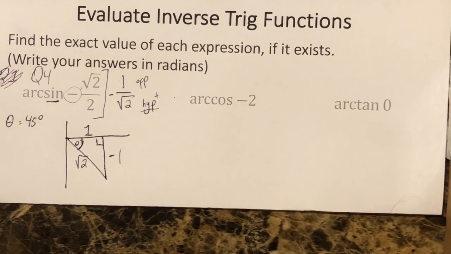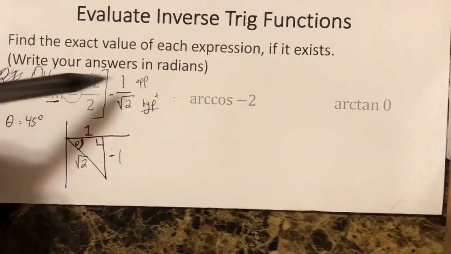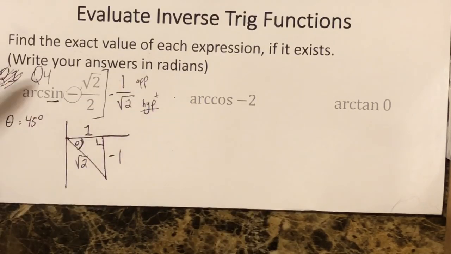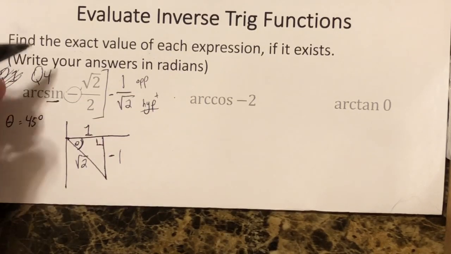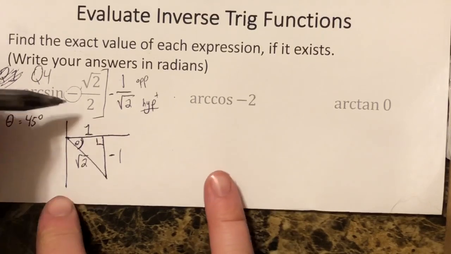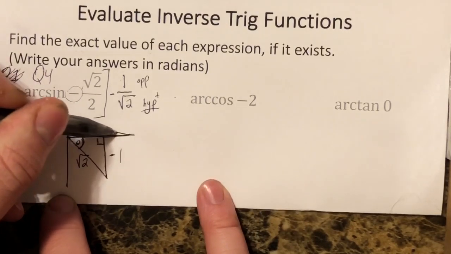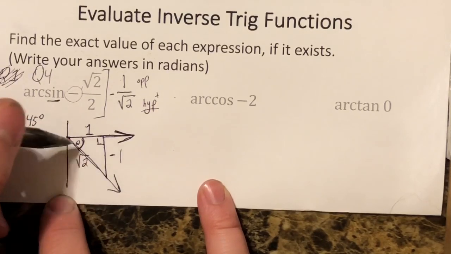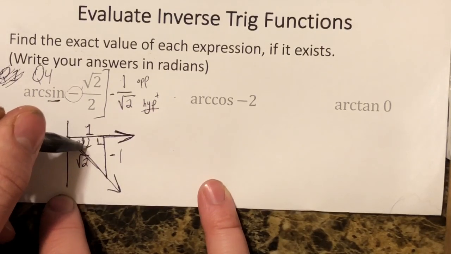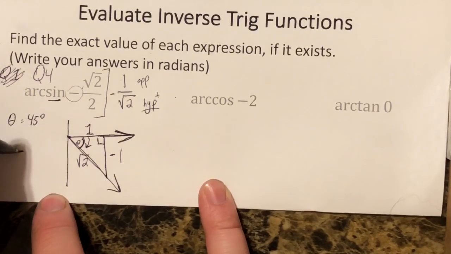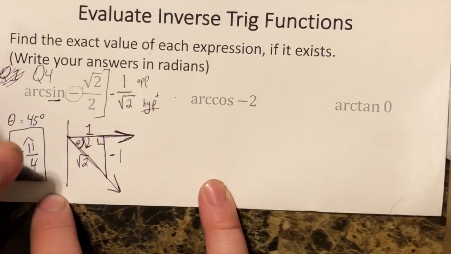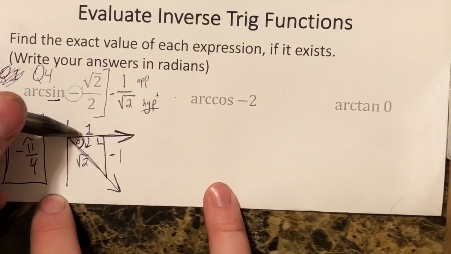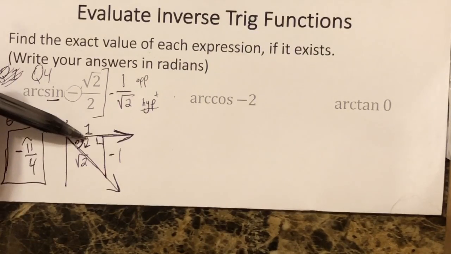Now one thing to keep in mind here, yes, we're going to write our answer in radians, but you need to remember that you're in quadrant 4. So in order to get from the initial side here to the terminal side here, you're actually going in a negative direction. So your answer is actually negative pi over 4. Remember that when you're in quadrant 4, you're going to be using negative angles because you're going down from the